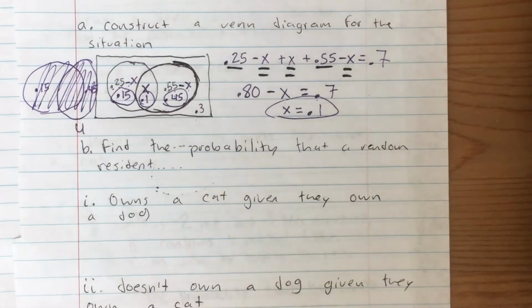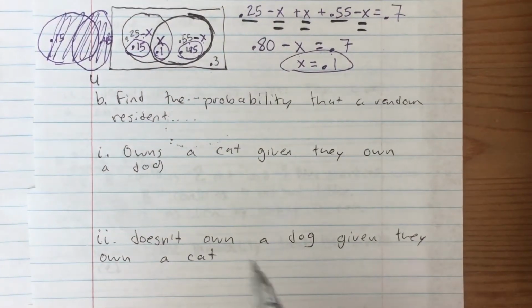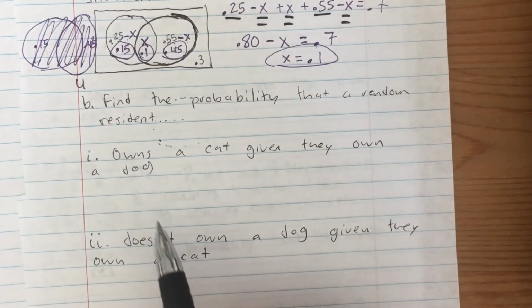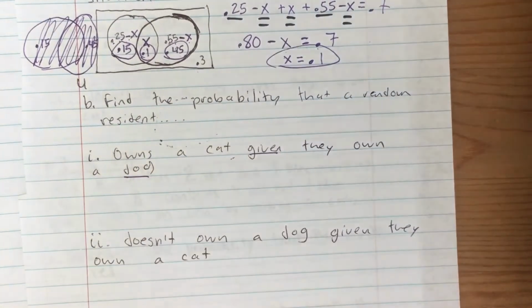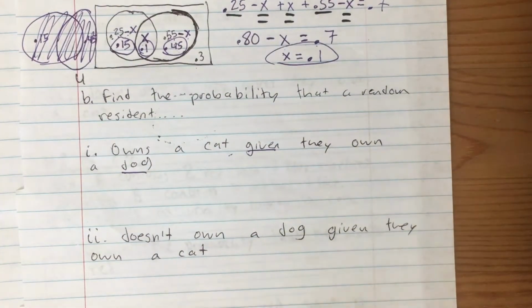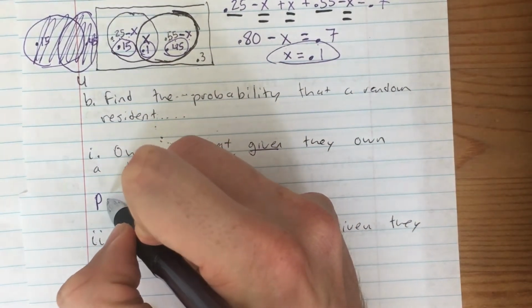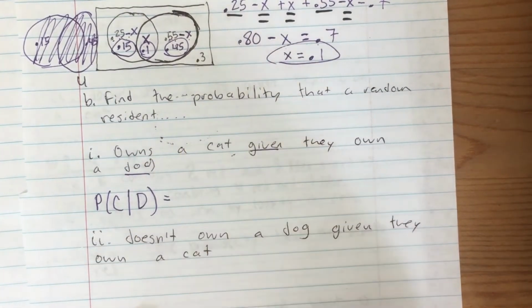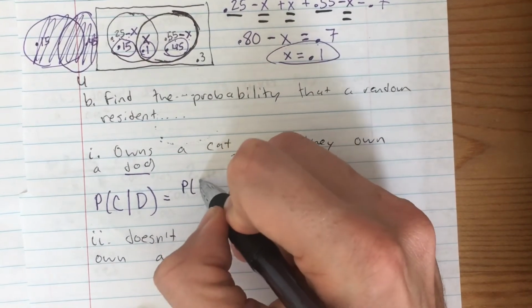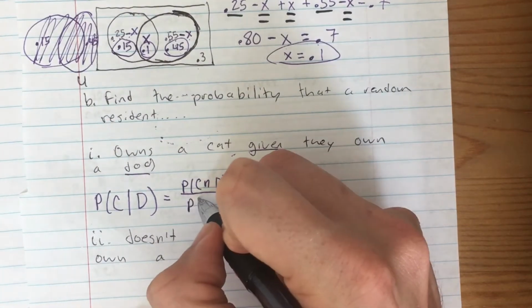So what we're trying to calculate now are these two different probability scenarios. We're trying to figure out, okay, we'll find the probability that somebody owns a cat given that they own a dog. So remember, the condition that we're given determines the denominator. So what we're really trying to find, probability of having a cat given that they have a dog, that's going to be equal to probability of having a cat and a dog divided by the probability that